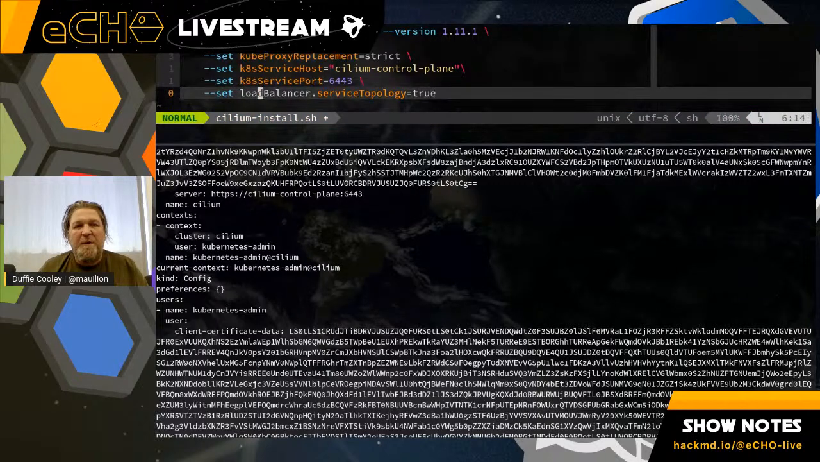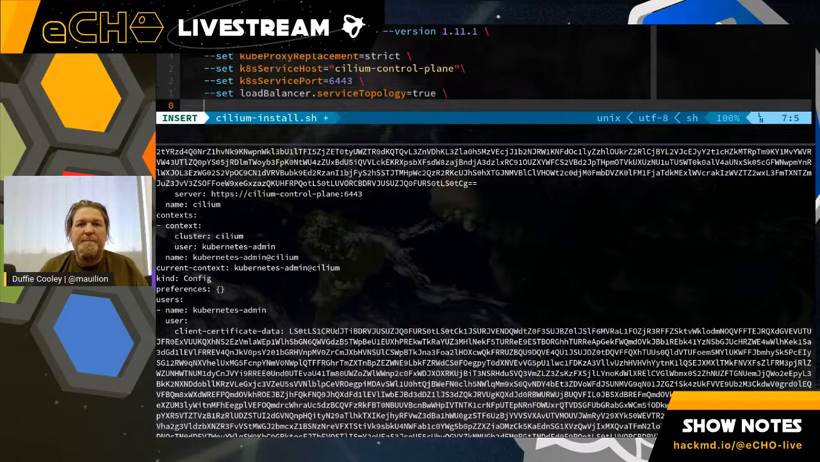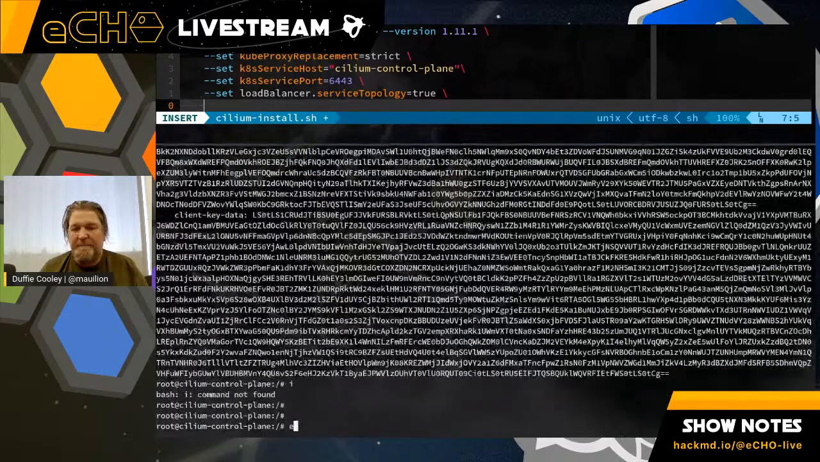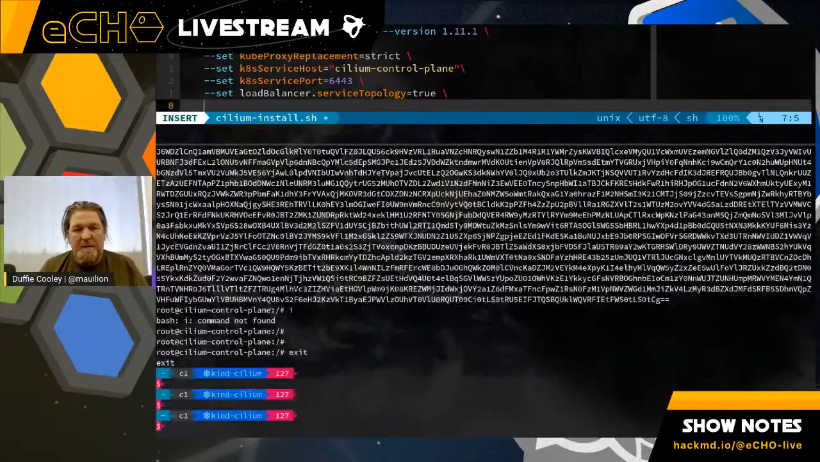There's one more thing I want to enable here. You know what, I'm going to look up the value for this. So let's do that together real quick. Since we're using Helm to do the install,